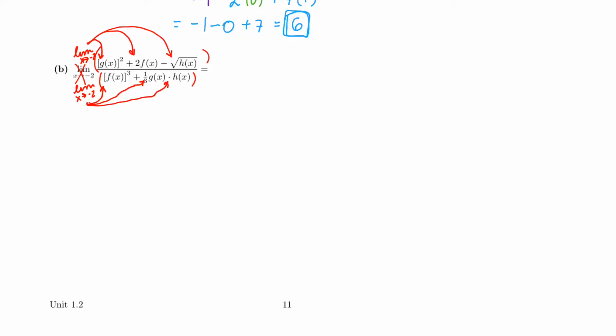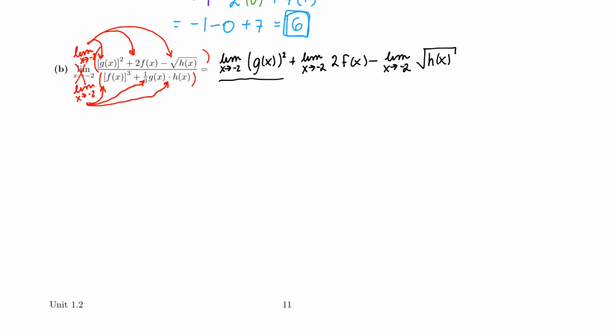I'm going to use black this time so I can color code better. So on top, we'd have the limit as x approaches -2 of g of x squared plus the limit as x approaches -2 of 2 times f of x minus the limit as x approaches -2 of the square root of h of x, all over the limit as x approaches -2 of f of x cubed plus the limit as x approaches -2 of 1/3